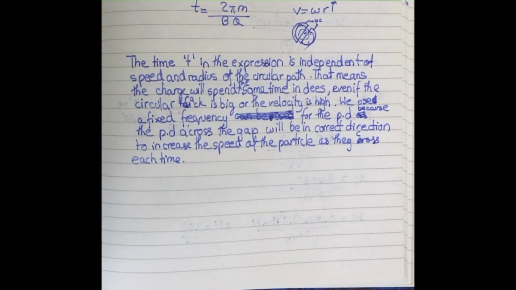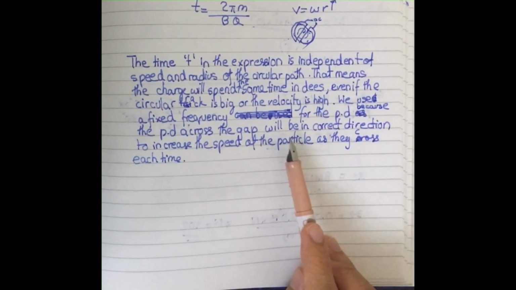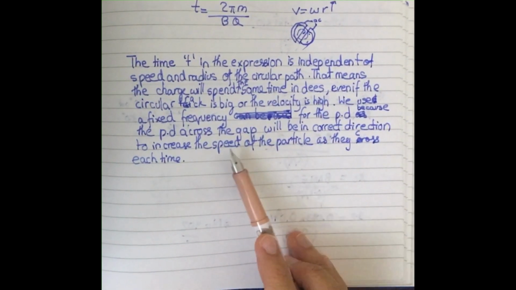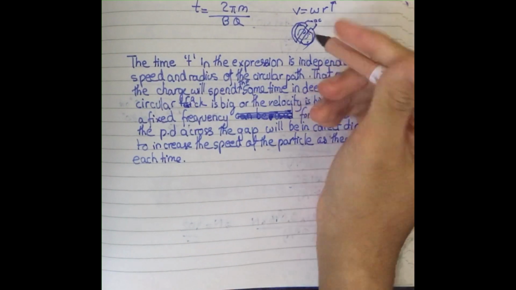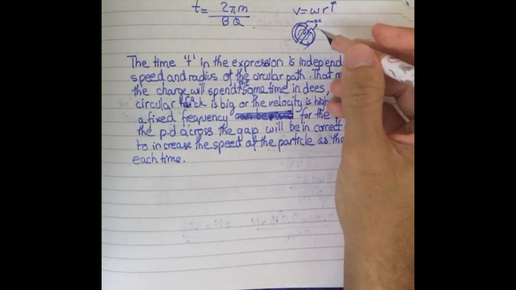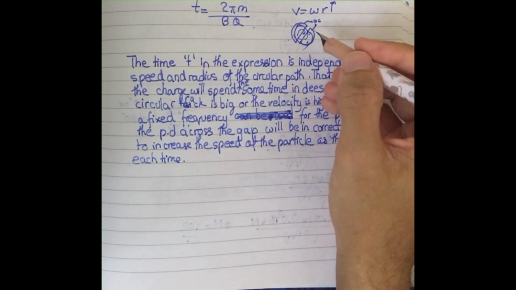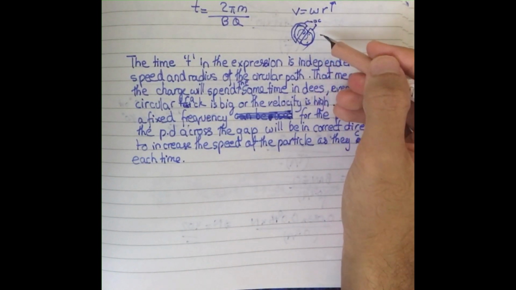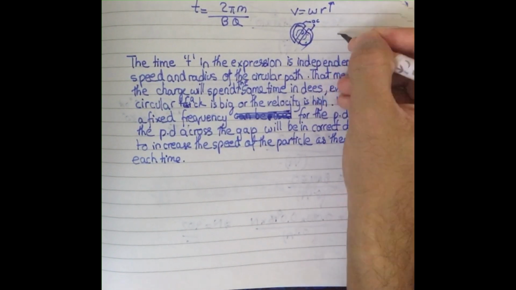So I'm describing how it's been accelerated to high energy or high speed. When you have a fixed frequency, the potential difference between the gap will be in the correct direction, meaning it will increase the speed,